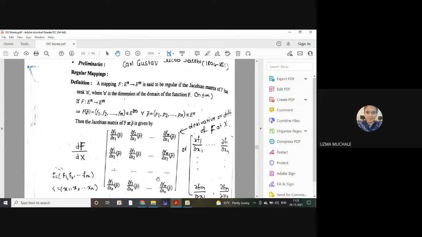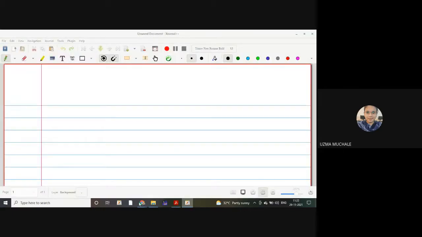What do you mean by the Jacobian matrix, or why is it defined? I hope you have done this in the real analysis paper, third unit. Madam must have covered the Jacobian matrix, and why there is a need to define the Jacobian matrix. Okay, let me remind you in short. I am not going to give you in detail.